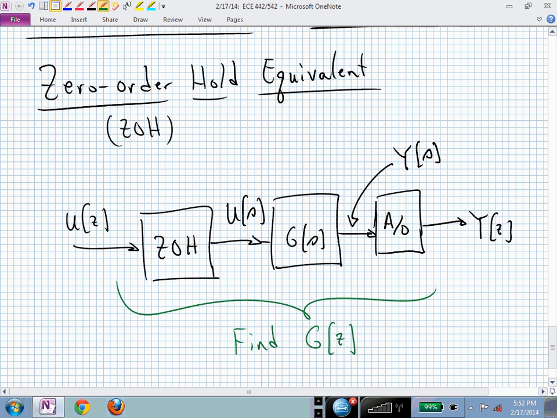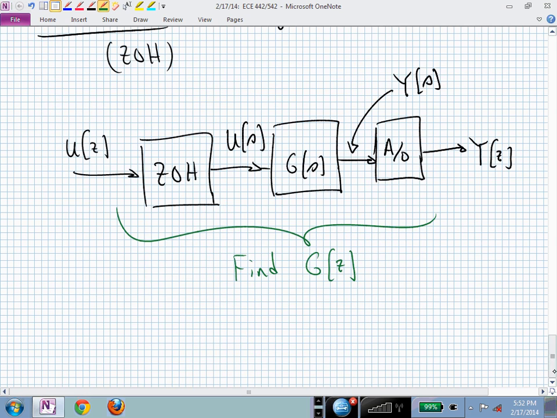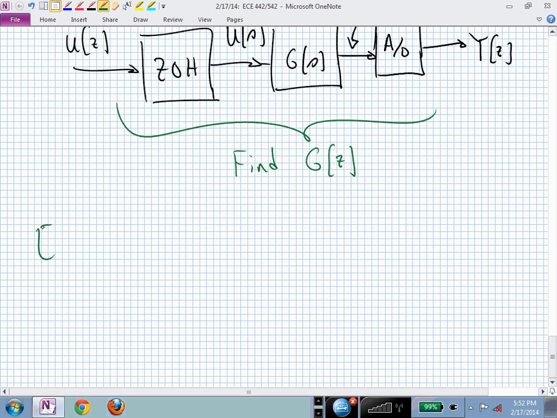We'll just go from a C of S to a C of Z. Now, in order to figure out what capital G of Z is, let's look at how we can model. We know what G of S is. I'm going to assume somebody gives us that. Now let's look at the dynamic behavior of a zero-order hold and an A to D converter. Let's find their characteristics. If we can then model those, we can put it all together to find a way to determine capital G of Z. That's our objective. Let's now examine the characteristics